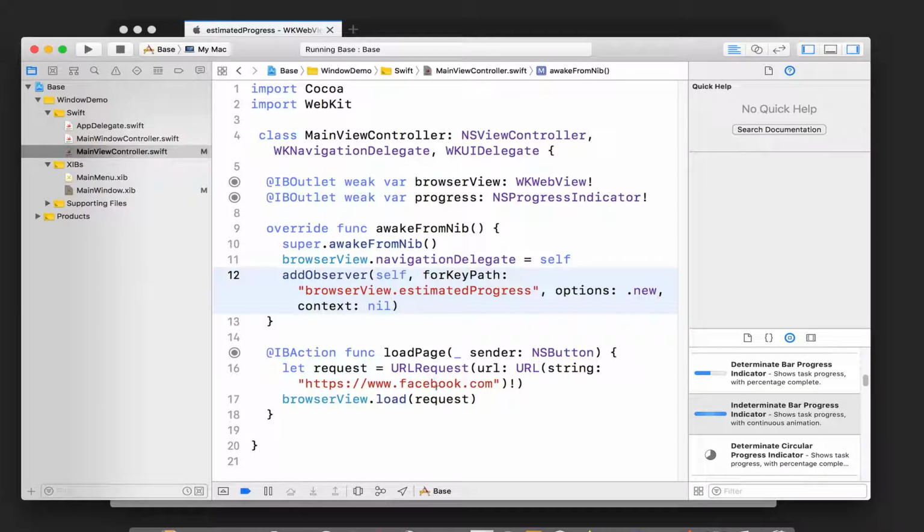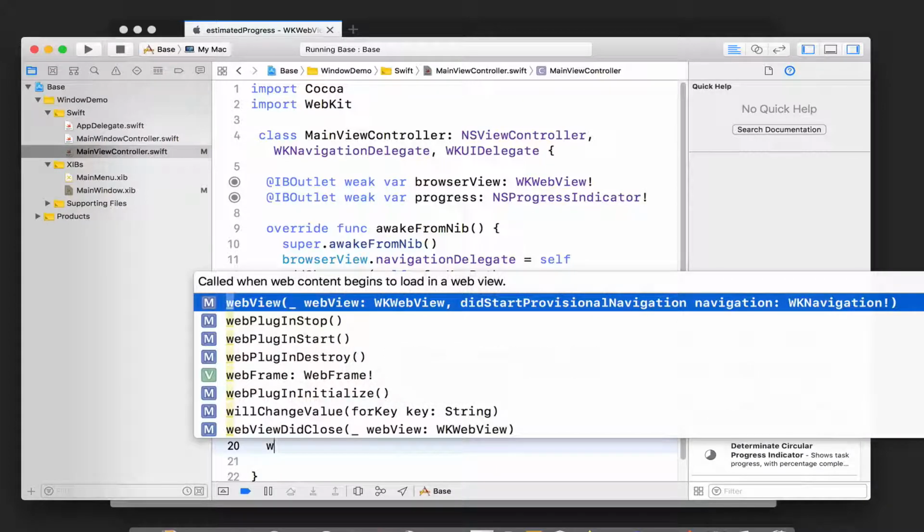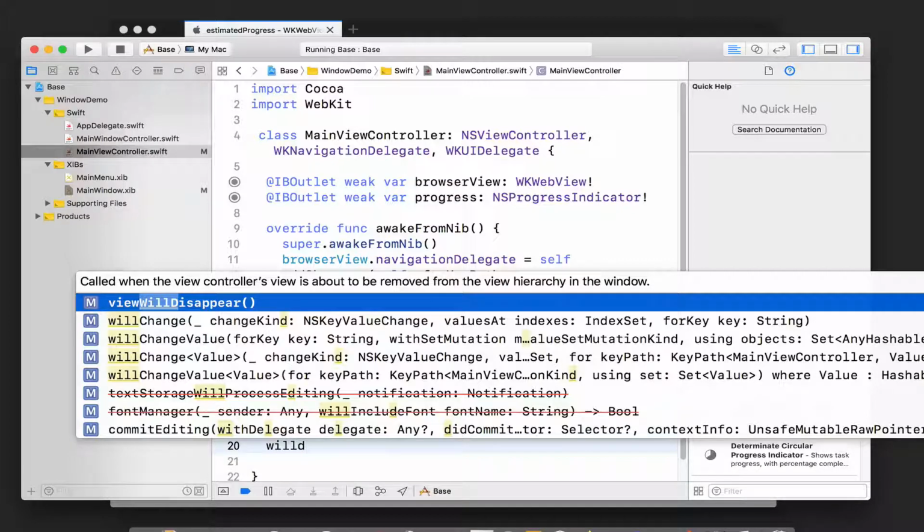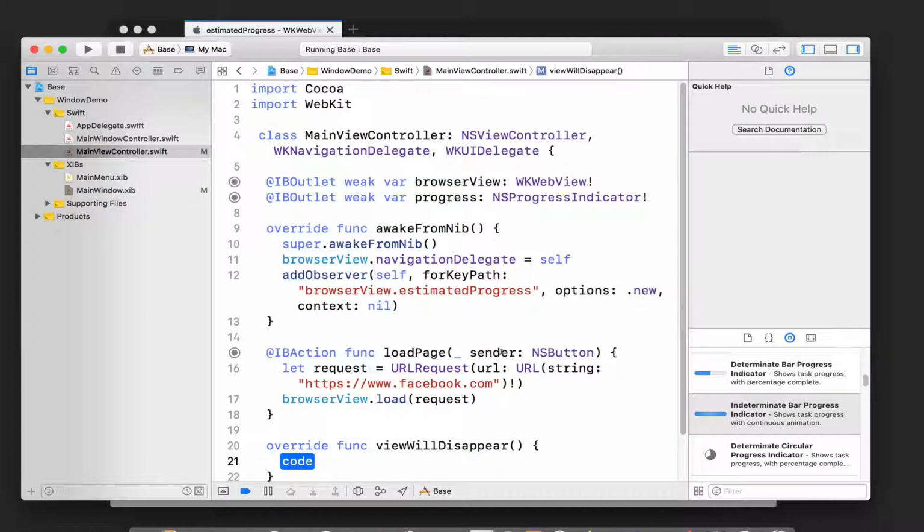Now we've registered for that outcome. One thing you always want to do when you register for an object, because this kind of notification system is global, is think about the user. If a user stops viewing the window, and so they could no longer be seeing the progress bar anyway, you don't want to still be notified about changes to this object. So while we're thinking about it, we're going to implement when we remove this observer. So where's a sensible place to remove it? Well, when we know the view is going to disappear, there'll be no point showing the progress bar anymore. So I'm going to implement view will disappear, and we're